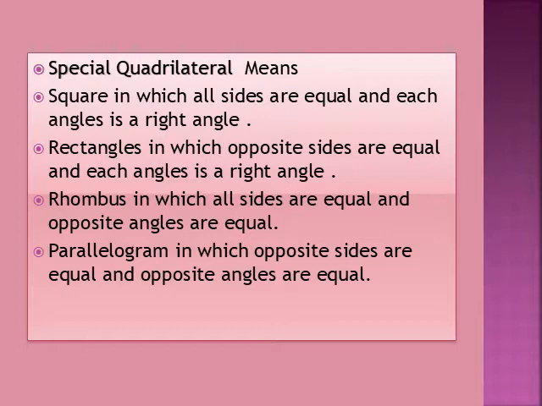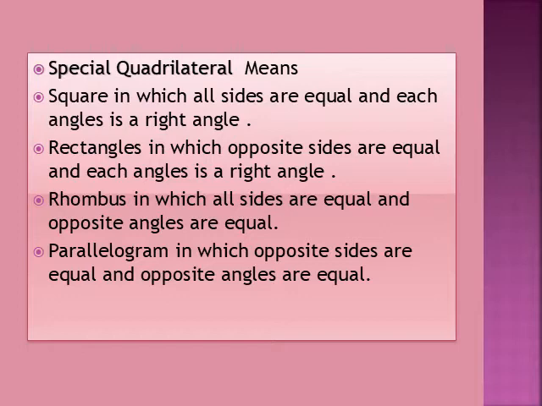In a rectangle also, if two adjacent sides are given, say one side is 7 centimeter and the other is 5 centimeter, we understand that the other two sides are also 7 centimeter and 5 centimeter. Moreover, in a rectangle all the angles are 90 degrees. Now a rhombus again has all sides equal. So if only one side is given, there is no need to tell the length of the remaining sides, because in a rhombus all sides are equal. And what about the opposite angles? Opposite angles are also equal in the rhombus.